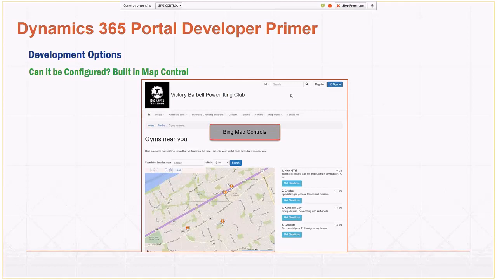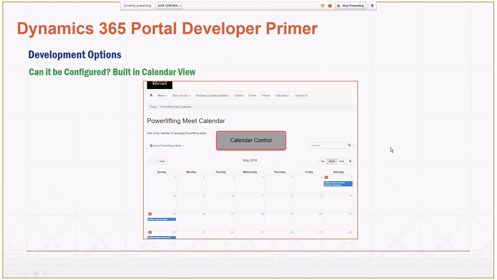This is actually out of the box functionality. I also want to point out not only maps, but calendars. A lot of times if we're doing any kind of event management or need to show things with dates, there is a calendar control, and again, this is all done through configuration. When we take a look at an entity list in my CRM system, I can point out where those things are configured.